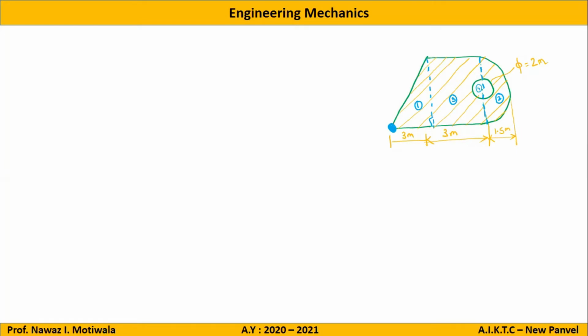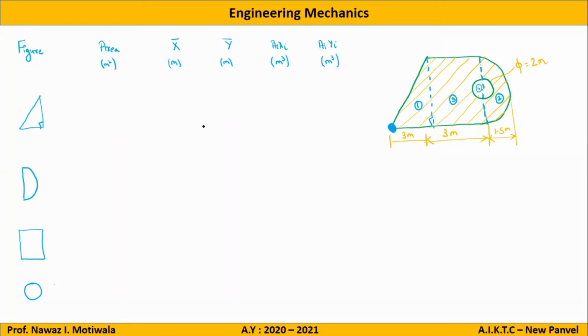Yes, sir. Let us start with the explanation part. Now the first part is the triangle. For the triangle we need height and base. The base is directly given to us as 3. And what will be the height of the triangle? 3. How did you get it? Sir, 1.5 is the radius, so double the radius, the diameter, is 3. Perfect.